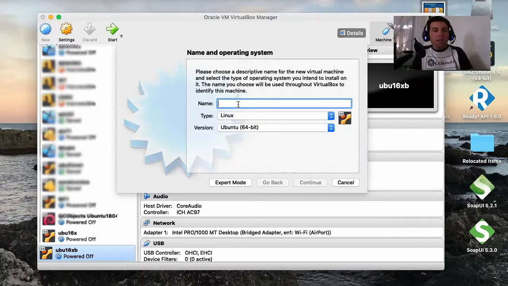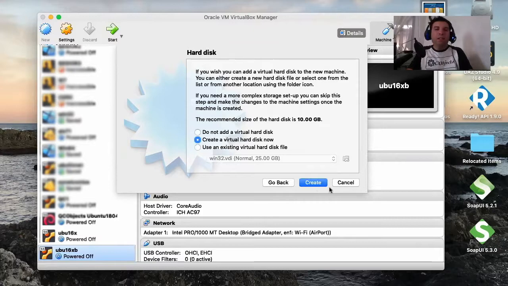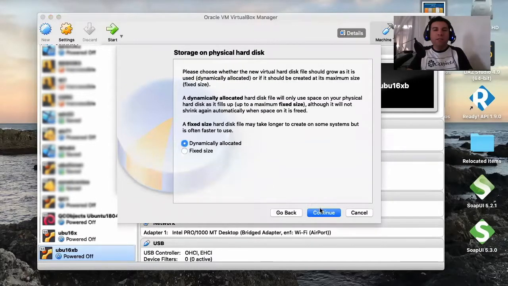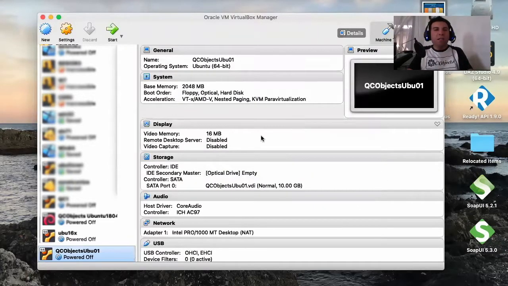So I'm going to choose a name, QCObjects 01, then a memory, 2 gigabytes, it's okay. Create virtual hard disk, okay. VDI, okay. Dynamically allocated, okay. 10 gigabytes for hard disk, okay. So now